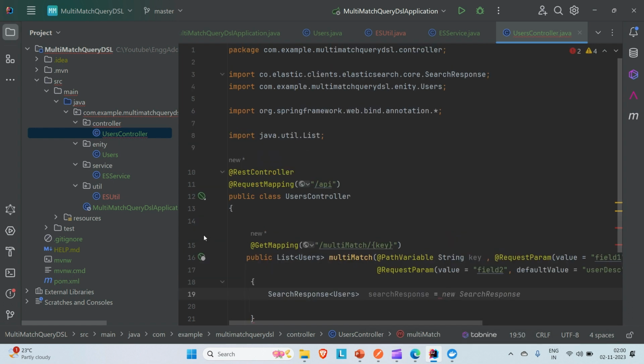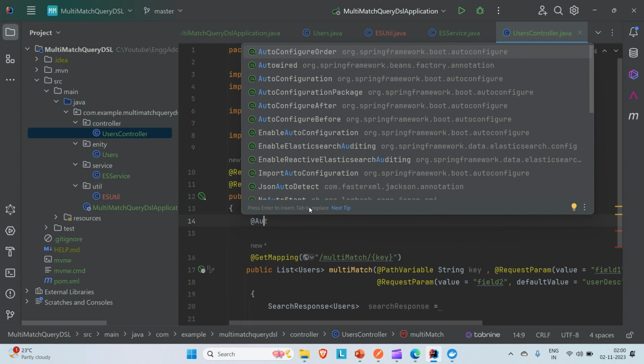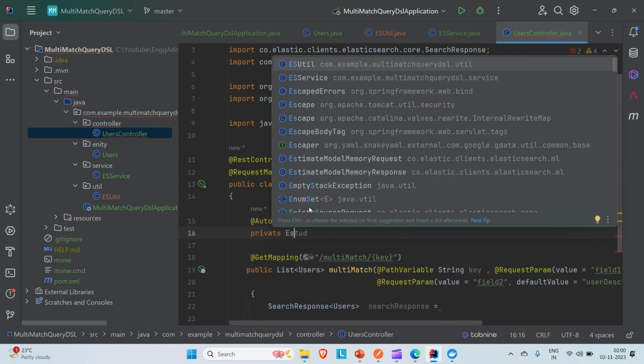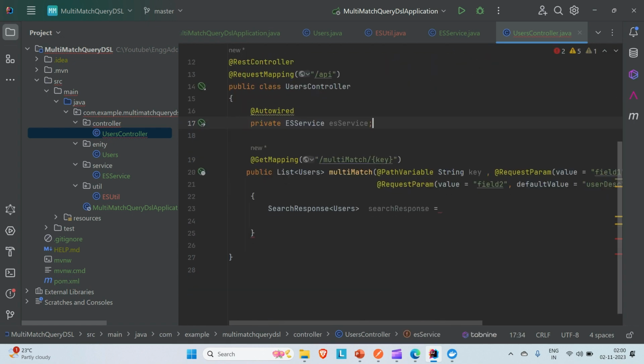Now we need to autowire this Elasticsearch service class reference so that we can call the method inside it. So autowire it, private Elasticsearch service, and with the help of that we are just going to call the